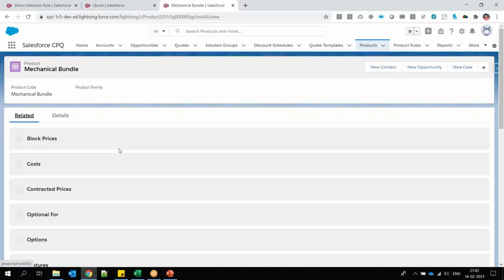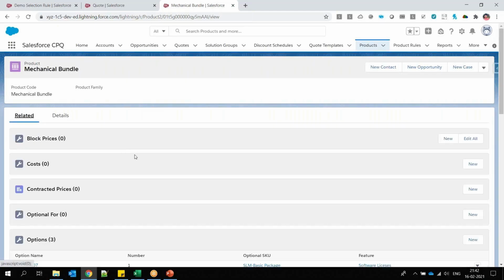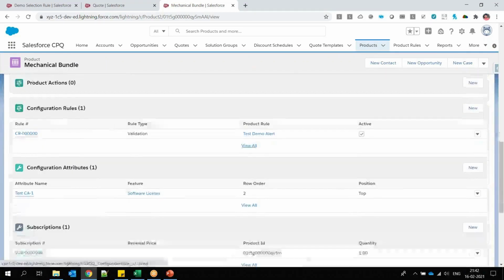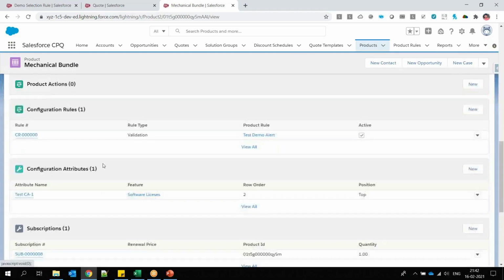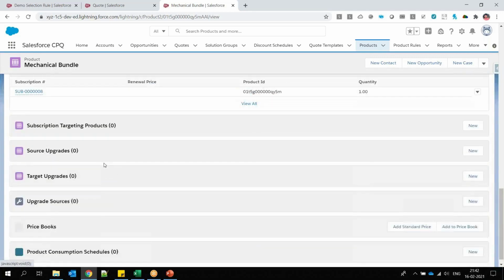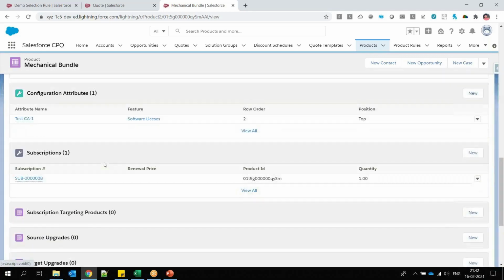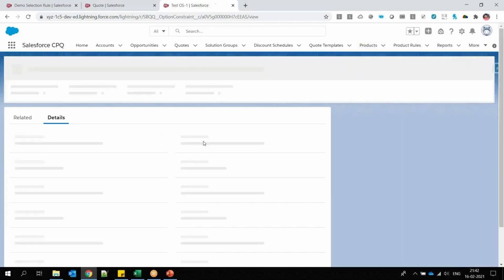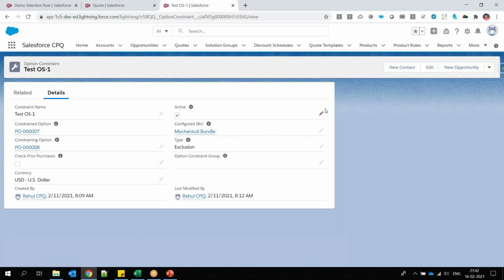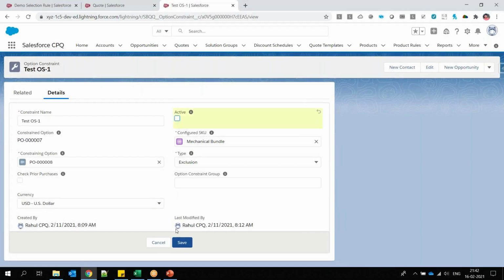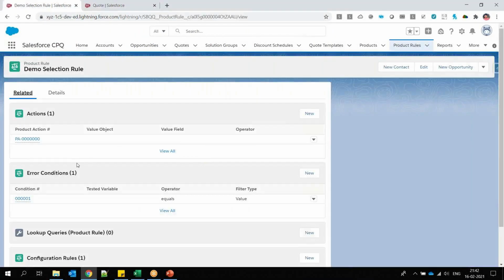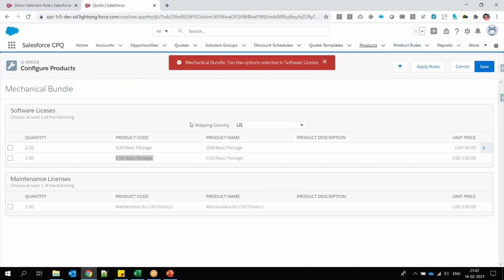In the mechanical bundle we have set up an option constraint. Let me disable that just to have proper testing there for the product rule. Okay, so what I will do, I created an error condition, which is like your configuration